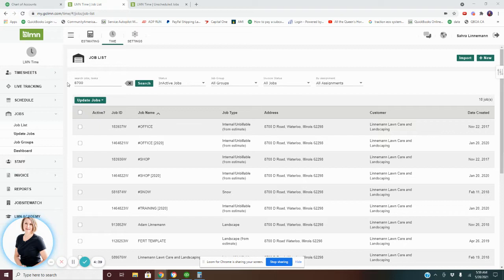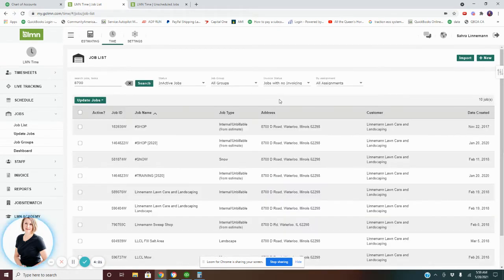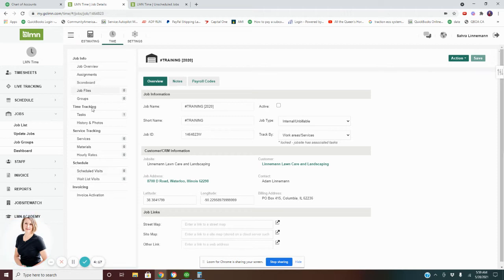Normally you would have this wide open. You would want to clear this, and normally you would be looking at your active jobs or maybe all jobs. That wouldn't hurt either at all, especially if it's the first time doing it. But if you come here and go invoice status, jobs with no invoicing. So what that does is that brings up any jobs like this one here that have not had the invoice